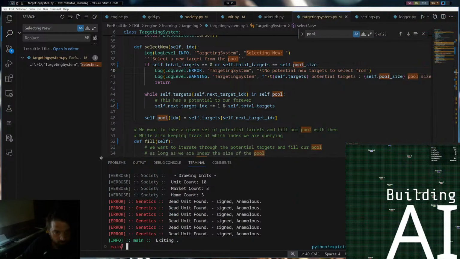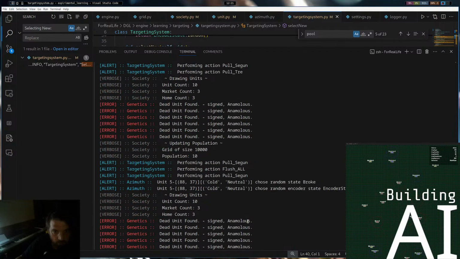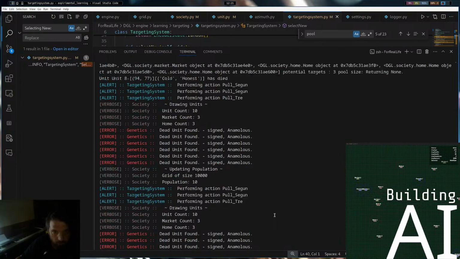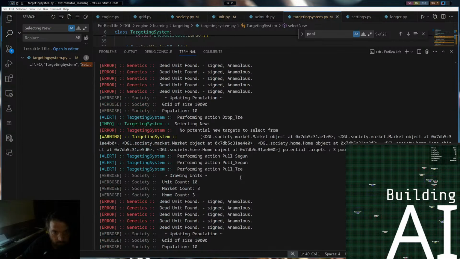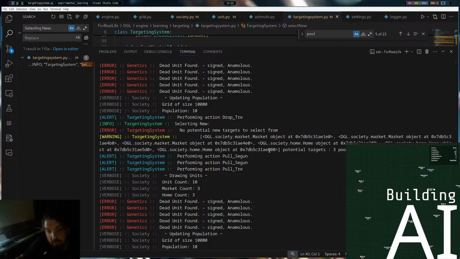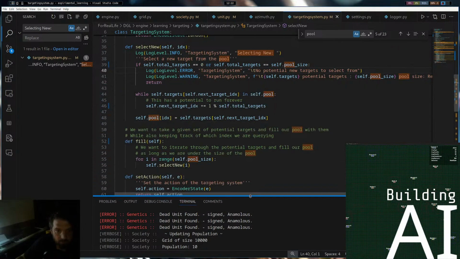But now let's look at our targeting pool and see. Dead. Whole lot of dying going on. Targeting system. Okay, so we've got a market, we've got another market, we've got another market. Oh, these are our potential targets. Cool. No potential new targets to